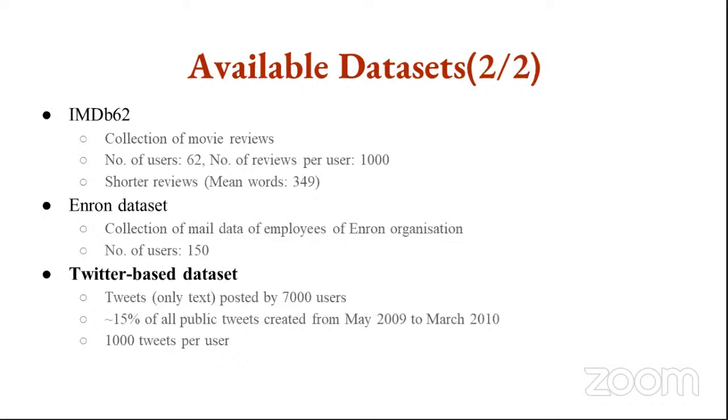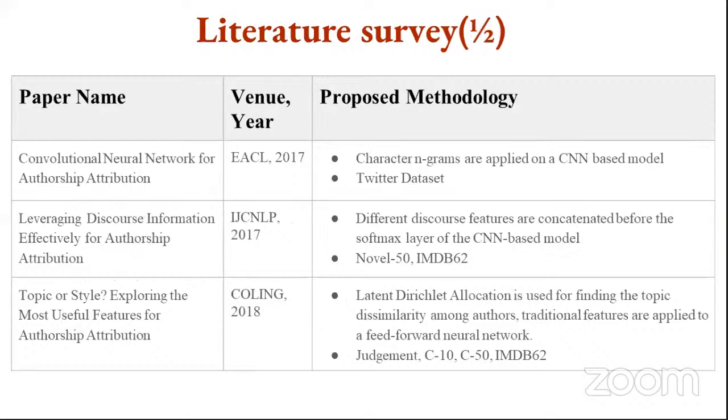Then there is the Enron dataset, a collection of mail data of employees of the Enron organization. The number of users is only 150. Then there is a Twitter-based dataset as well. Tweets posted by 7,000 users, 15% of all public tweets created from May 2009 to March 2010, with 1,000 tweets per user. So we did a thorough literature survey, and after the literature survey, we found that